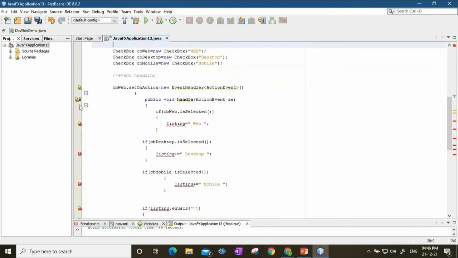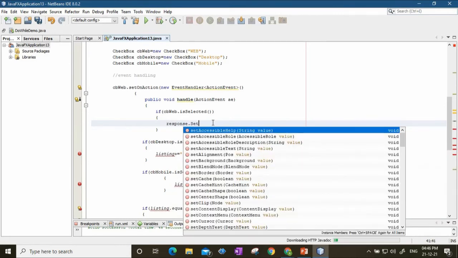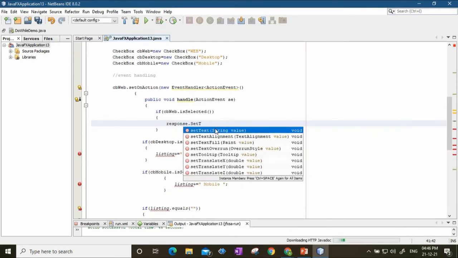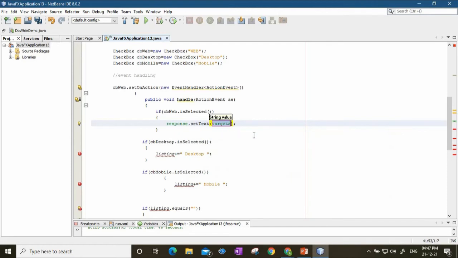Now for the event handling, for this button CB web, if that particular checkbox is selected, then I will say response dot set text, and it will print web deployment selected.